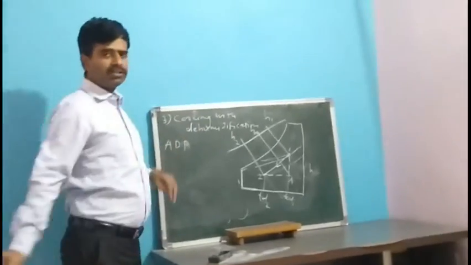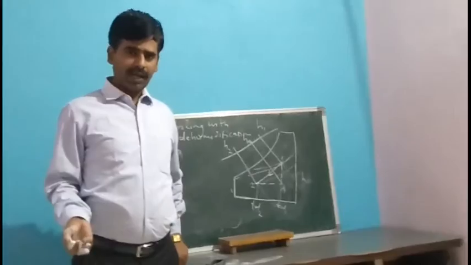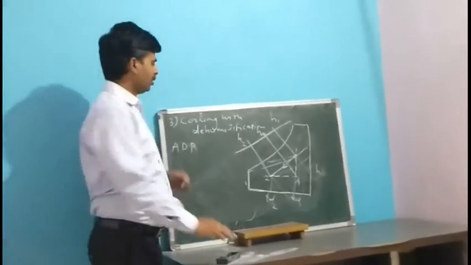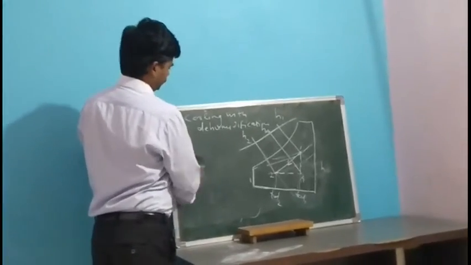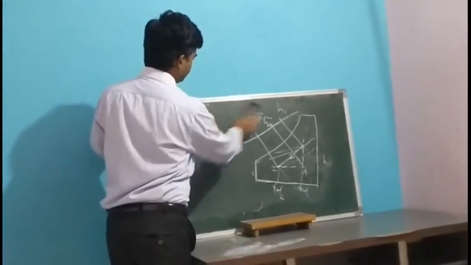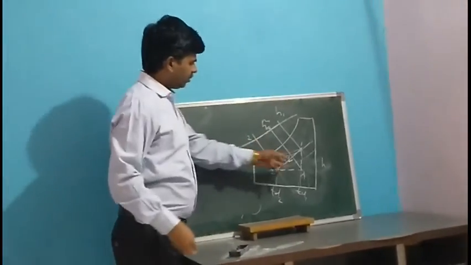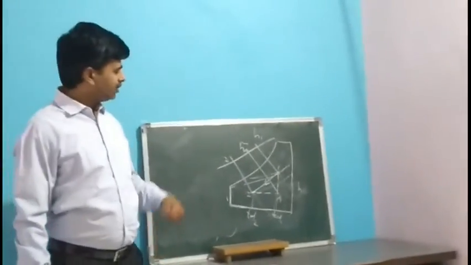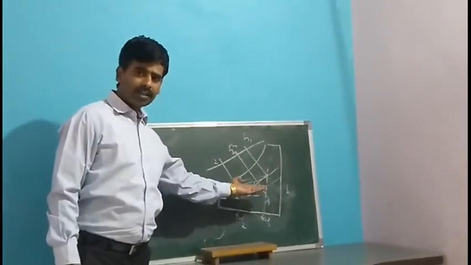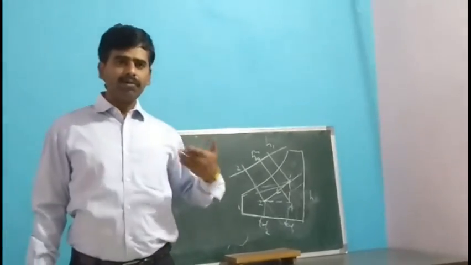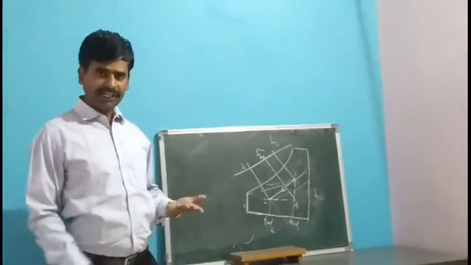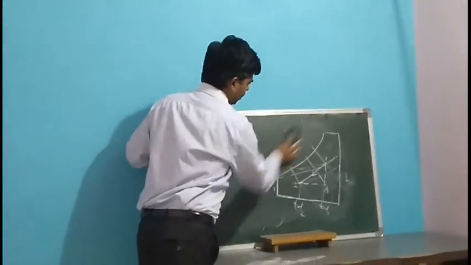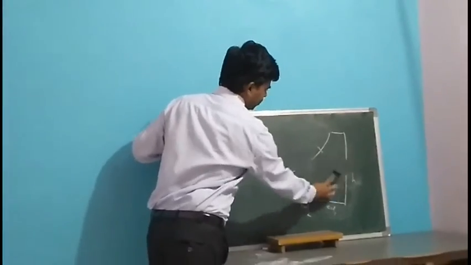So this ADP is known as the apparatus dew point, and the corresponding temperature is known as the apparatus dew point temperature. Now the next process is exactly the reverse of this, which is a heating with humidification process. Similarly, we will get a sensible heat factor also. In that case, we have to determine the capacity of that heating coil. Then the next process we are going to analyze is the